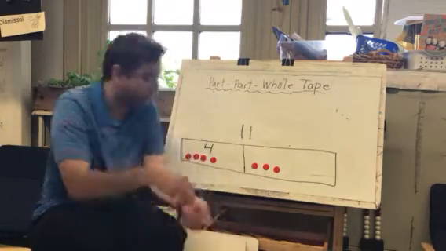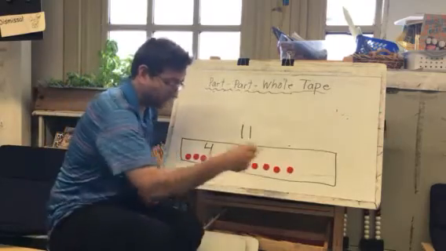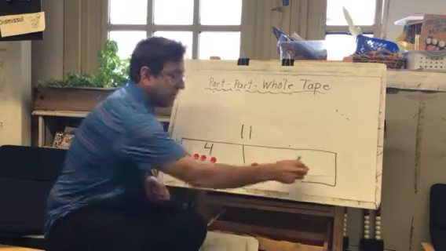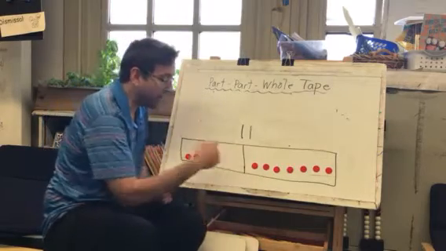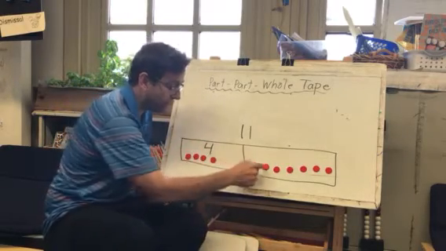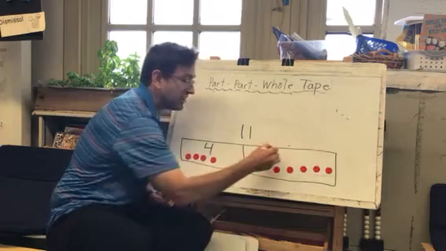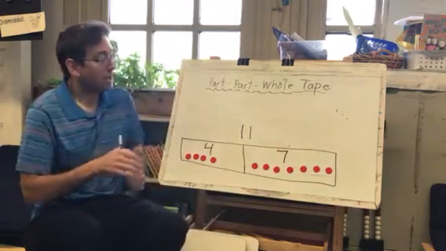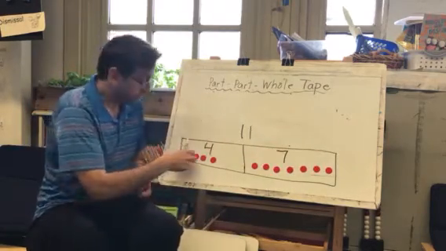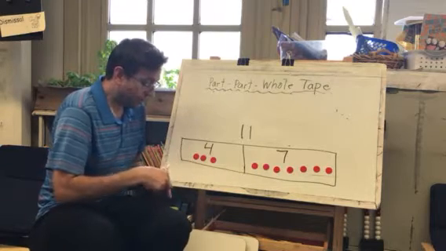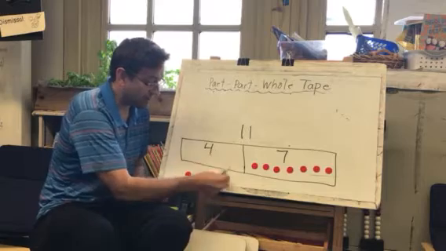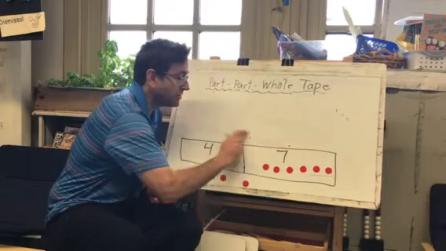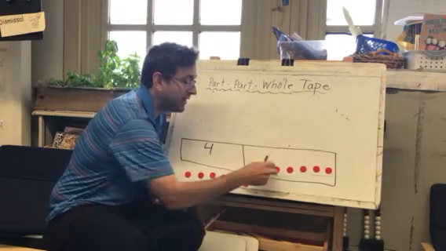Not up to 11 yet. That would be 8, 9, 10, 11. So the other part of 11, when one part is 4, is 1, 2, 3, 4, 5, 6, 7. Is 7. So these tapes we can use to play around with the parts of numbers. Here's another example. Say my tape is